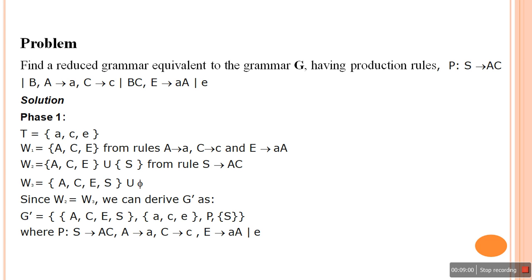W3 is A, C, E, S union null. Since W2 is equal to W3,